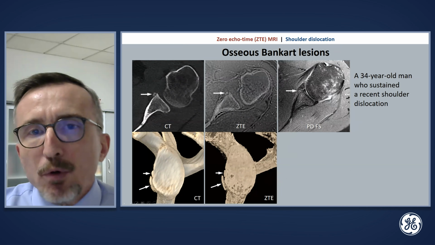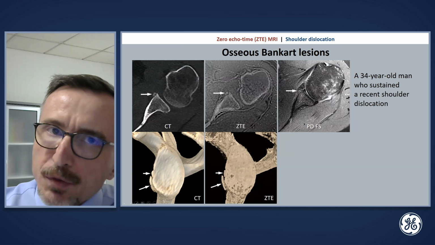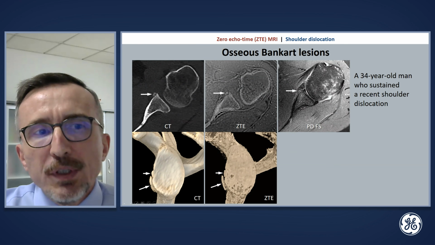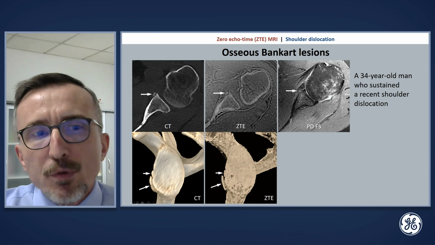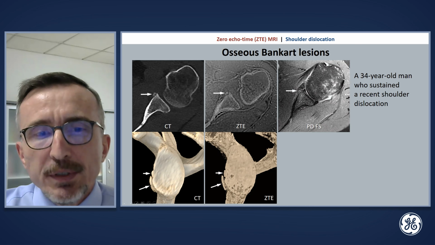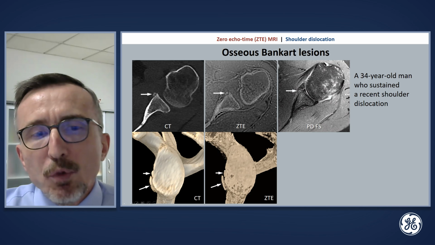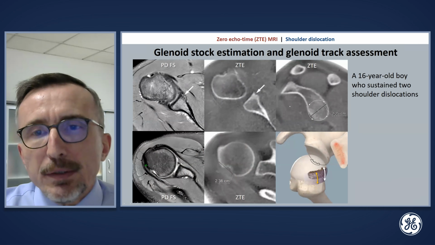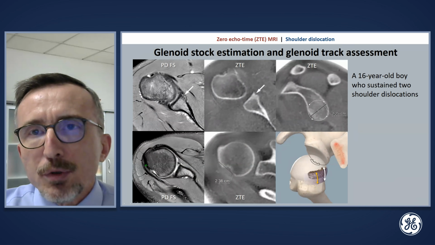As Dr. Chang already touched upon, we are also using this for osseous Bankart lesions. You are seeing a ZTE here, which is quite comparable to this CT here. And this en-face view here from CT is also very much like the ZTE image that we have here. The interesting thing here is you can also pick up this smaller bone fragment in this particular patient with an osseous Bankart lesion. And sure enough, we are also using this for glenoid stock estimation and also glenoid track